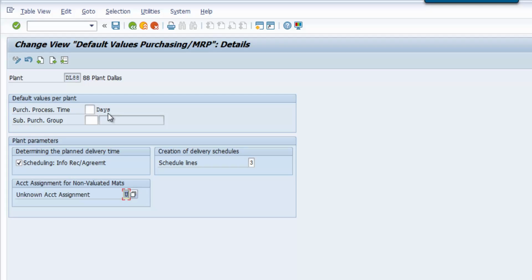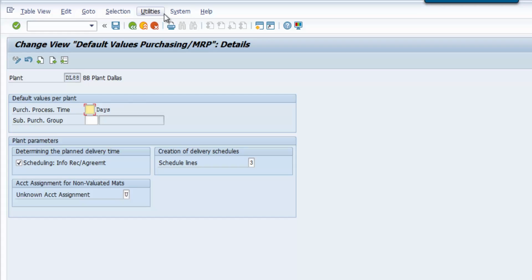And I don't think it's going to require you to put the purchasing processing time and this, so we're going to click the Save button, and you should get a message that says data was saved. So that pretty much finishes up the requirements that we had for some of the carrying out of the maintenance